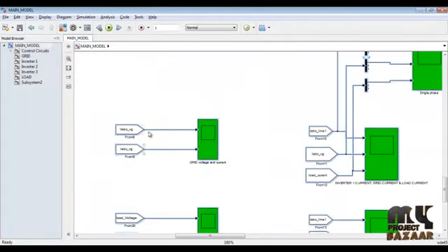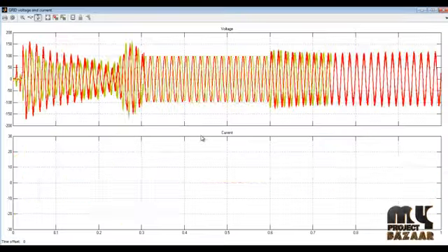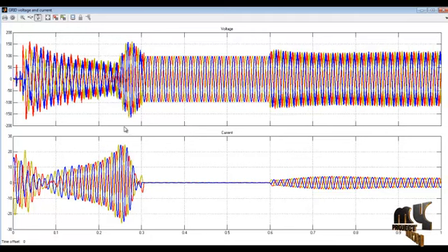These are the From functions, and first we can see the grid voltage and grid current. At first, up to 0.3, it operates in grid connected mode, and then it moves to the island mode. For this the current will be fully zero, and it will automatically turn on, and it is reconnected to grid connected mode,